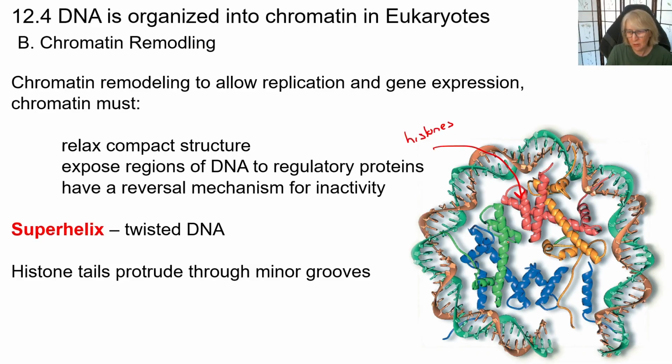In this case, there are multiple types of histones reflected by the different colors of the protein structures here. These histones really look something like this as they're wrapped around each other. And so the DNA is wound around them like yarn wrapping around a cat's cradle, if you've ever done cat's cradle with yarn. I want you to notice here that the DNA is twisted and wrapped tight, but look at